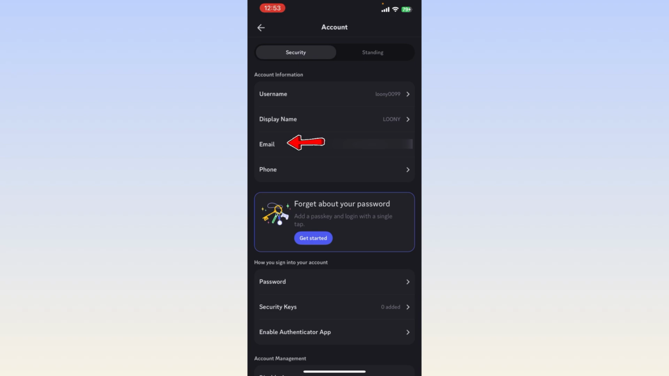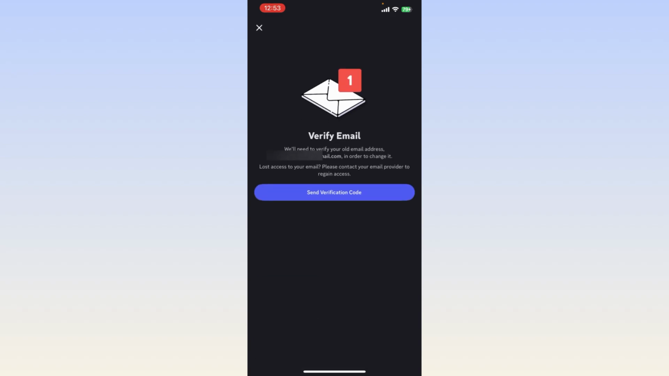You basically need to tap on the email, and you simply need to enter your email. And once you enter your email, you need to verify it, and once you verify, you will be able to fix your email problem successfully. So basically this is the process to fix your email does not exist kind of